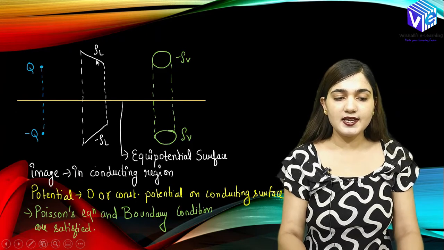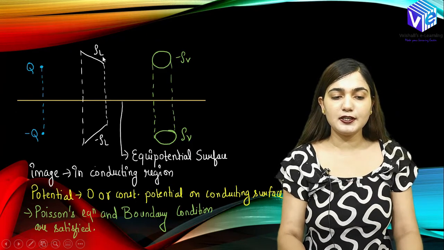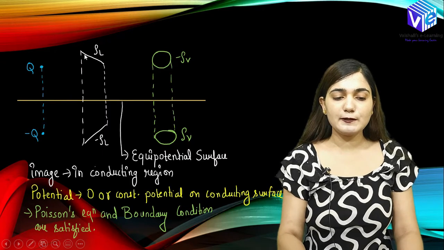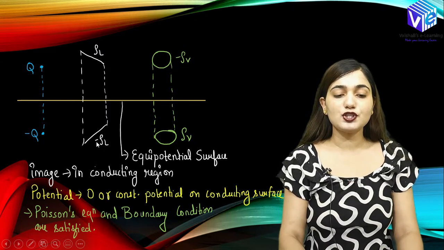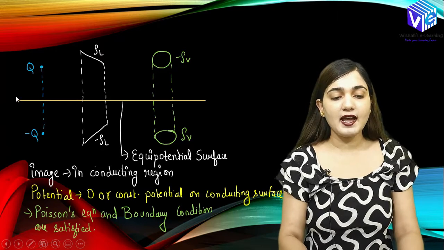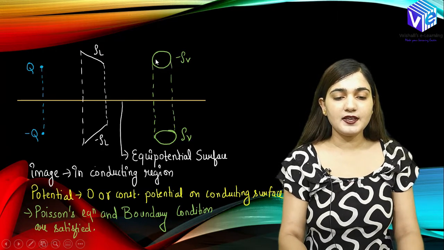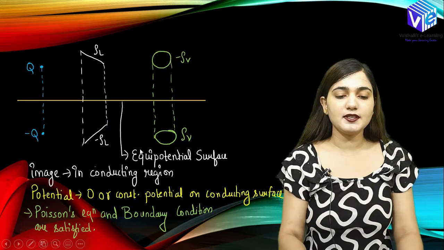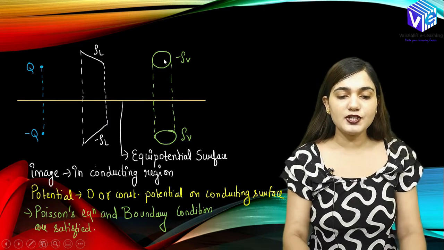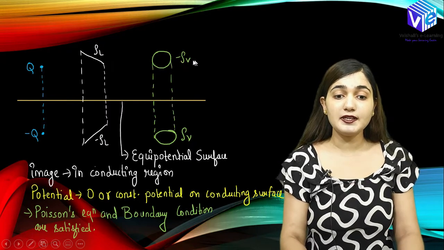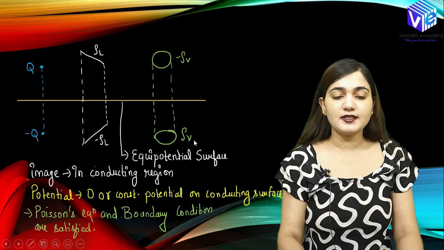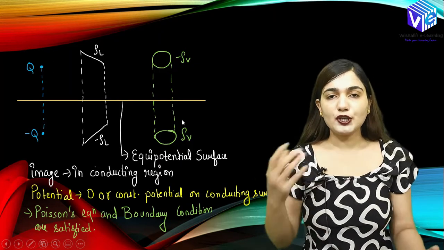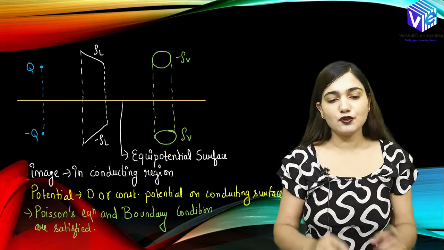If I have a line charge density rho L, this line charge is also going to make an image. So the line charge density is going to become minus rho L, right? So this is how we are going to change the parameters if I have the conductor. If I have the surface charge density, I will be replacing it with the opposite surface charge density. If I have the volume charge density minus rho v, it is replaced by the same magnitude, but the volume charge density will become rho v here. Right, the nature of charge will change. This thing you should remember.